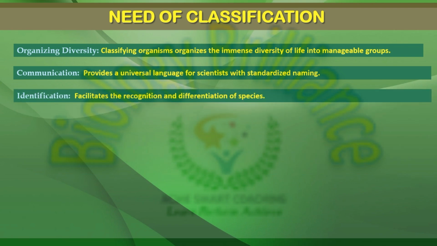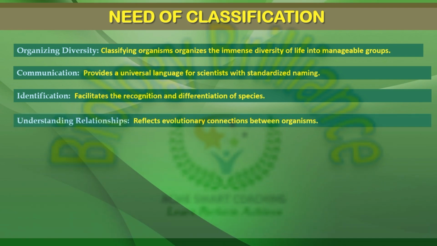Identification. Classification facilitates the identification of organisms. By grouping similar organisms together, it becomes easier to recognize and distinguish between different species. Taxonomic keys are tools that aid in the identification process. Understanding relationships. Classification reflects the evolutionary relationships between organisms. By placing species into groups based on shared characteristics, taxonomists can infer the common ancestry and evolutionary history of different